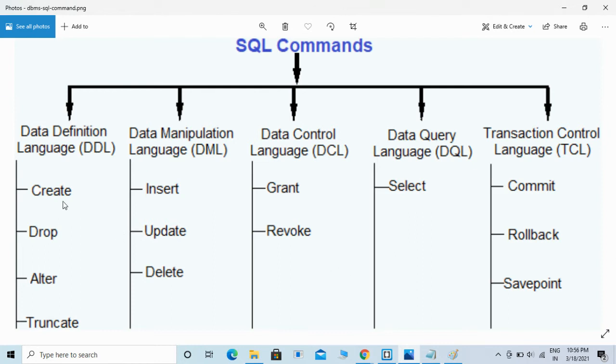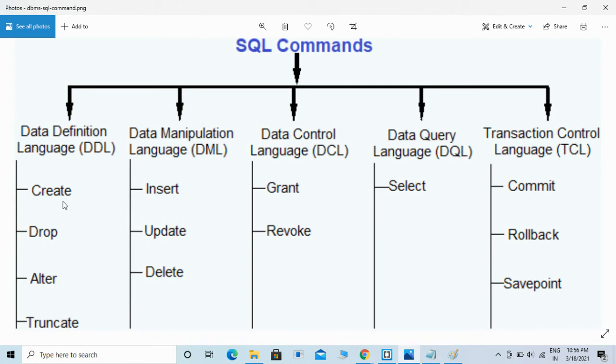Coming to DDL, or Data Definition Language, it consists of SQL commands that can be used to define the database schema.